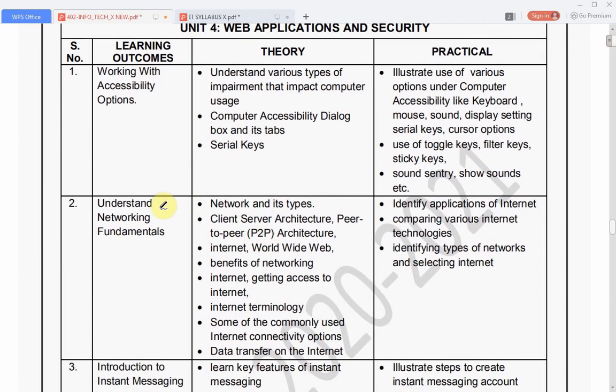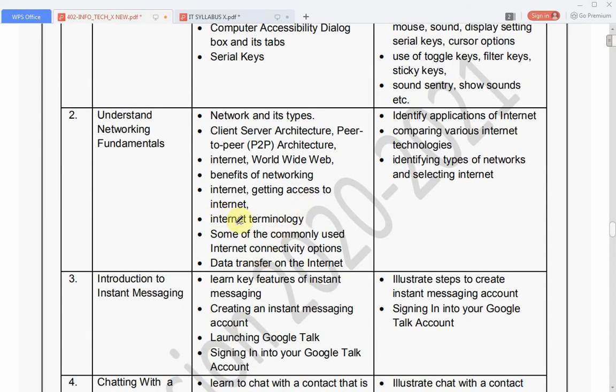In the next chapter we have to understand network fundamentals, network and its types, client server architecture, peer-to-peer, internet, world wide web, benefits of networking, getting access to internet, terminology, some of the commonly used internet connectivity options, data transfer on the internet.